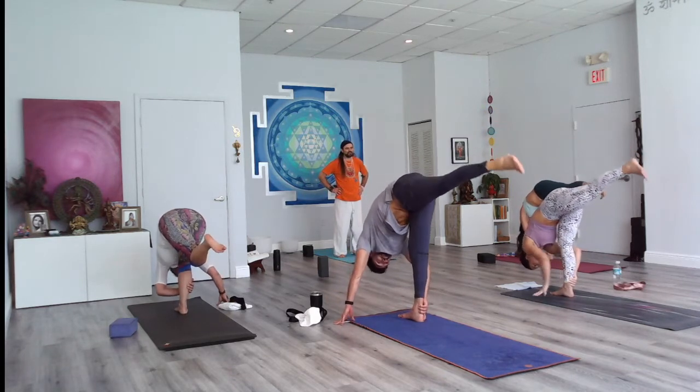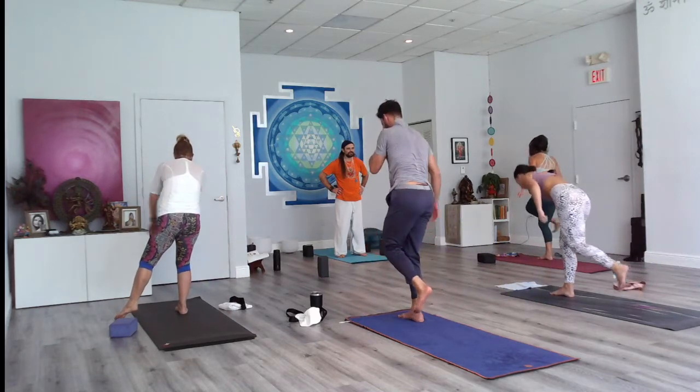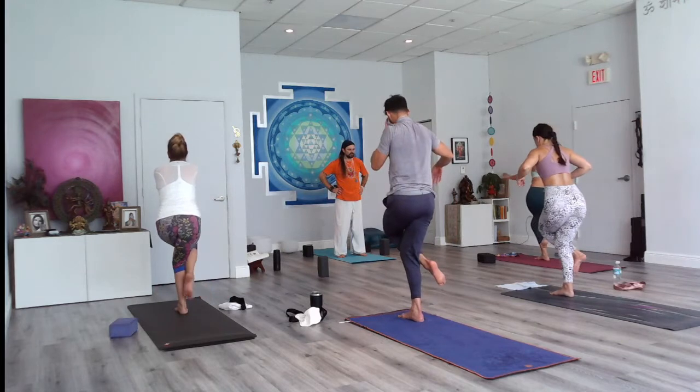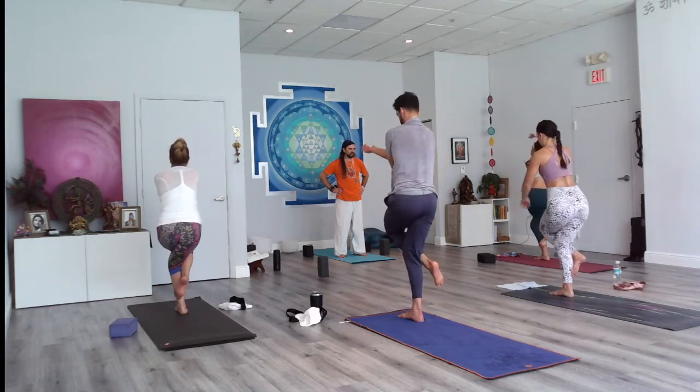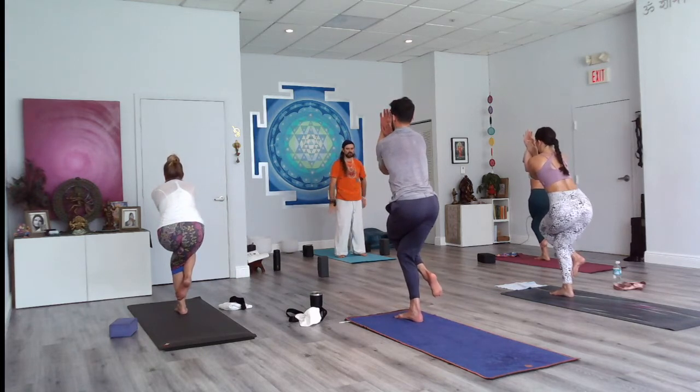Garuda, eagle pose. Coming all the way upright, cross left leg over, left arm under. Point the foot towards the floor or wrap the toes behind the calf muscle. When you have your balance and your drishti, slowly sink into it, resting your elbow on the top of the